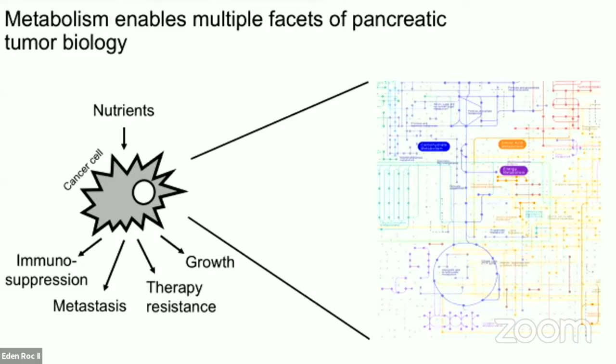And we're really interested in this, not just from a basic biochemical perspective, but also from a translational perspective as well, because these are places where we can readily intervene therapeutically. If we know what nutrients pancreatic cancer cells require, we can intervene via interventions like diet to starve the cells of those nutrients. And this is something that increasingly patients are looking for